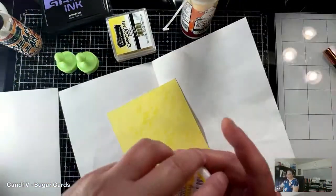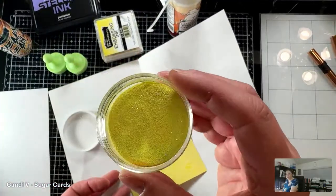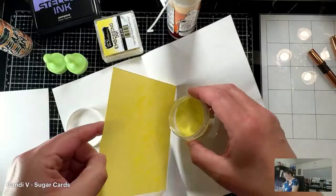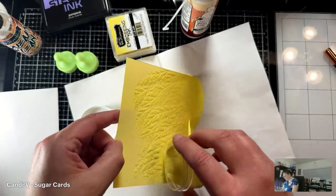Canary embossing powder. It's so pretty. Look at how pretty that is. Wait till you see it. I haven't seen it on colored cardstock yet. I've only seen it on the